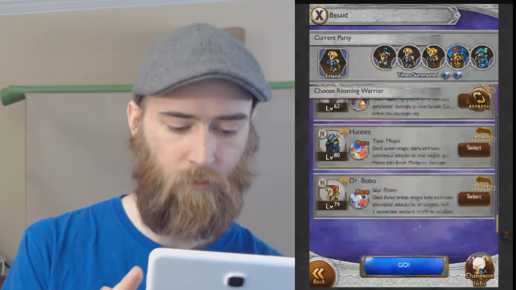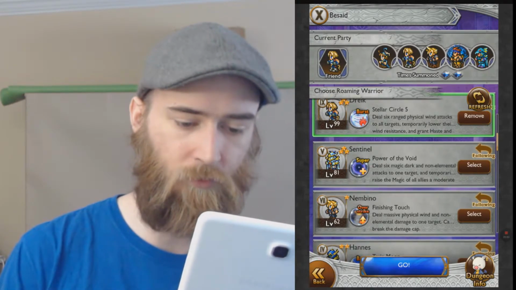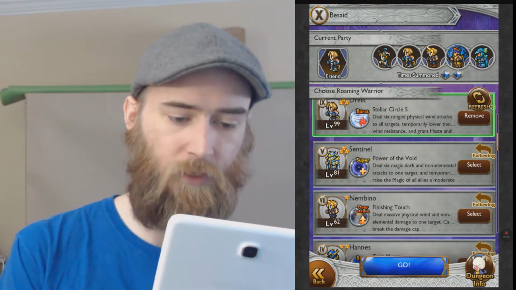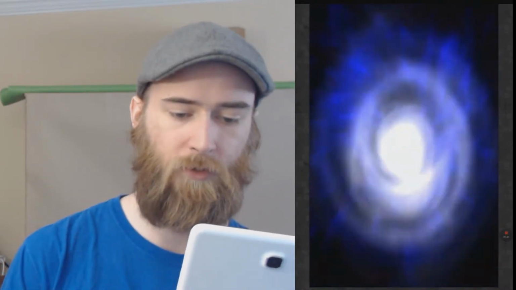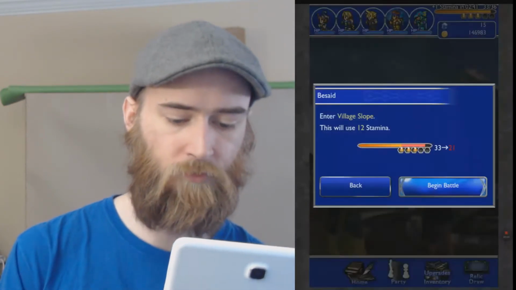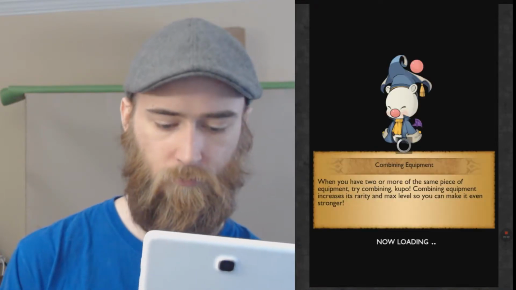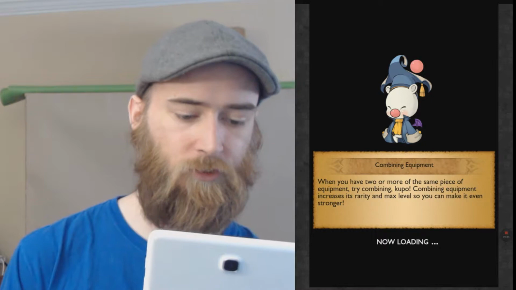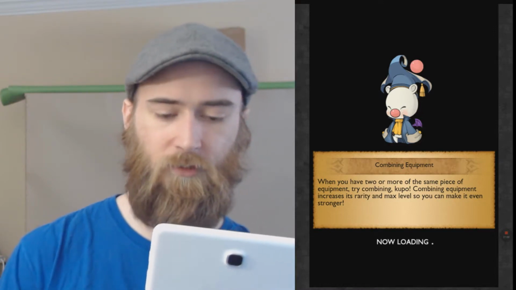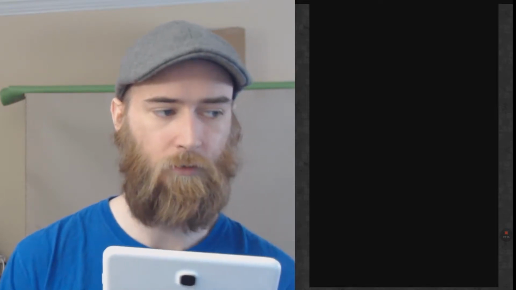So let's scan for Final Fantasy X, which there isn't. Deal 6 ranged physical wind attacks to all targets. Temporarily lower their wind resistance and grant haste. I like the sounds of that. So yeah, let's just leave it like that, and use that for Kamari when we cross that bridge. So let us dive into this portal and go to this village slope to use 12 of our stamina to defeat this next set of enemies, which I don't think will be too hard. It'll mostly just be hard in the last area, because the last elite dungeon I did for Final Fantasy X, it really wasn't too bad. Even the boss wasn't too bad, but this one's a little harder, so...